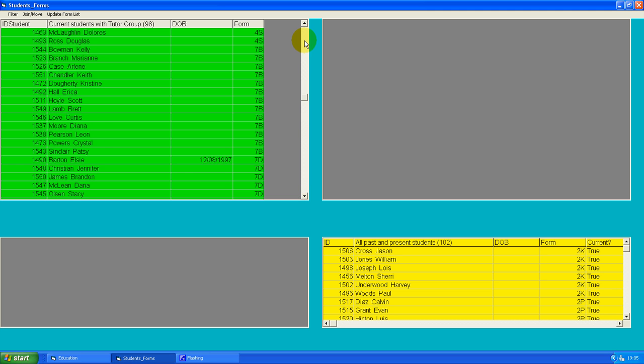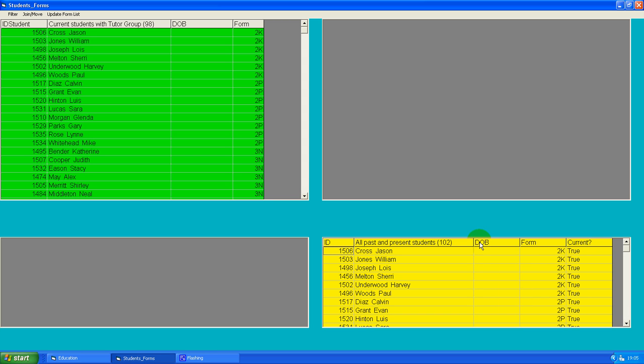Right, in this box here, bottom right hand side, are all of the students and pupils within your organisation, current or non-current. Current are the students that are presently attending, non-current are those that have left or have not yet attended, they're pre-registered. So I'm just going to scroll down here. You can see the date of birth, similar information up here, but you'll notice there's 102 students here and 98 here. The main difference is that you have a couple of students that are